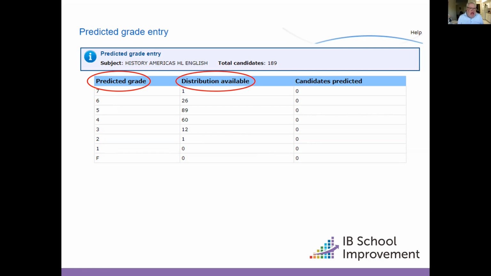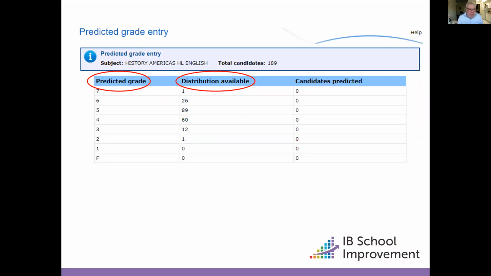For me, I have 189 students. I have been allocated 1 7, 26 sixes, and so forth. Again, I'm able to award up to those numbers, but I can't go over those numbers without asking for an exception